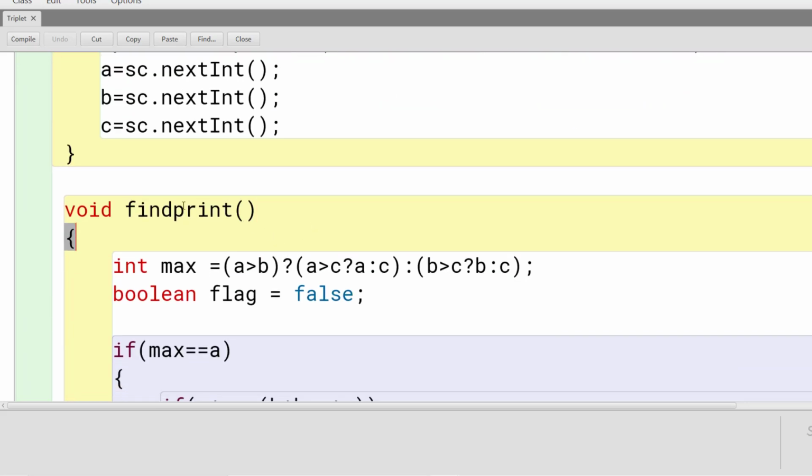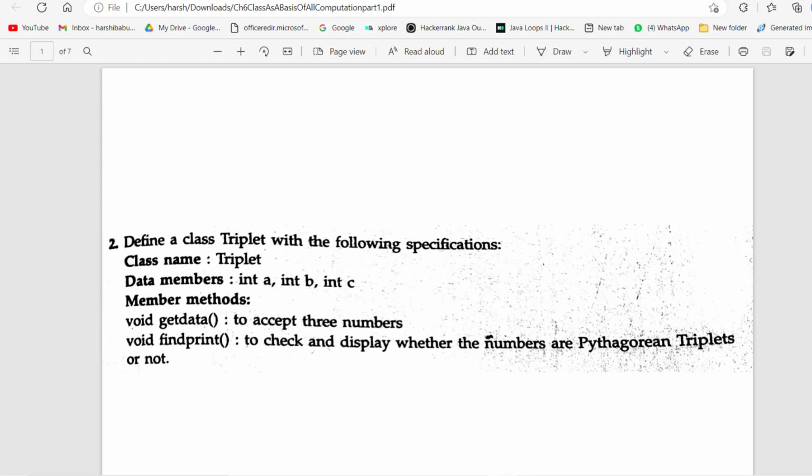Next, I have defined the findPrint method. This one is also from the question only. So findPrint means you find out whether they are Pythagorean triplets and then print yes or no, that is, to check and display. So what I have done is